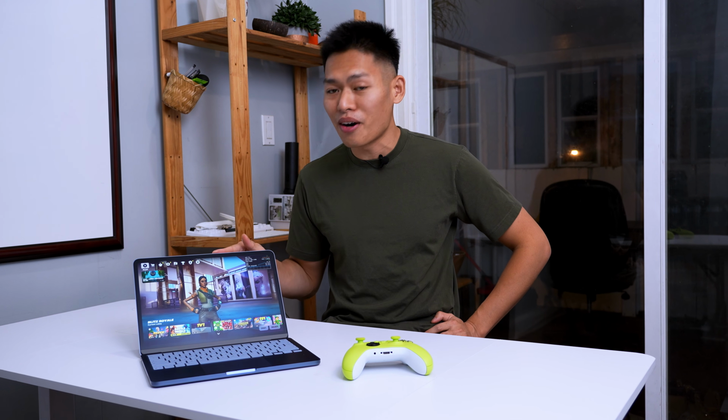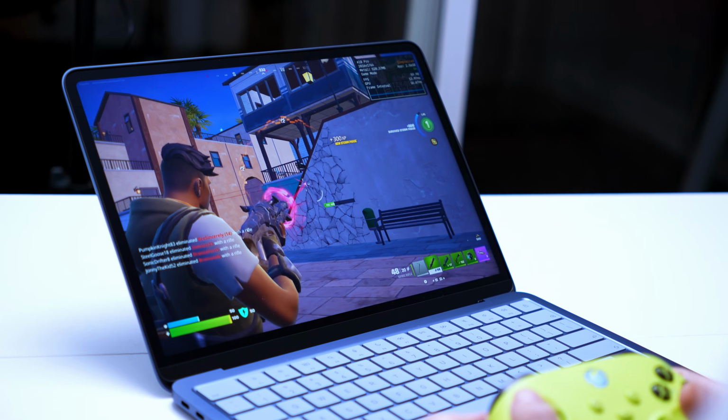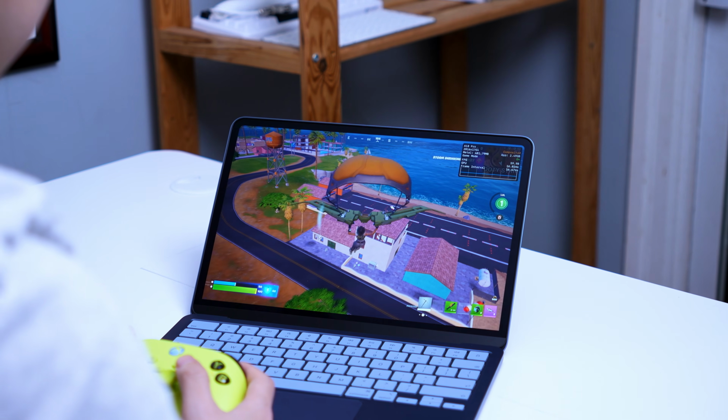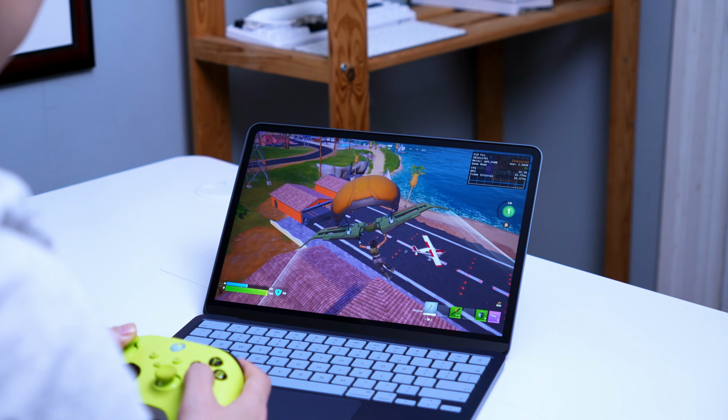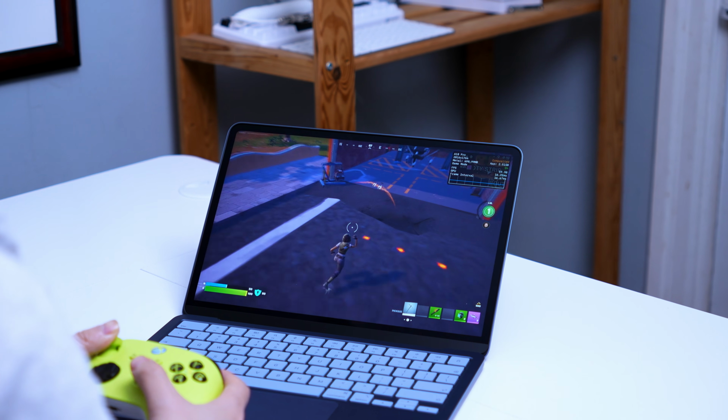I spent pretty much the whole day yesterday playing Fortnite on this MacBook Neo, and honestly it was a really fun experience. The game was running at around 55 to 60 FPS and it worked great with both a controller and a keyboard and mouse. It runs 100% locally on this Mac, no cloud gaming, no emulators, and the best part is it's completely free to